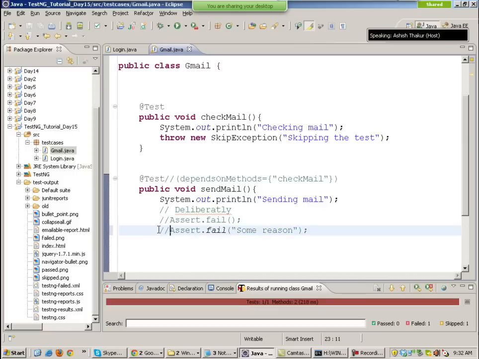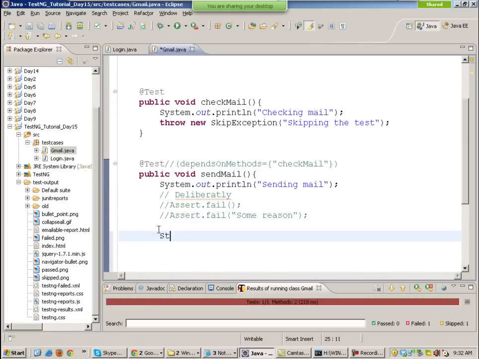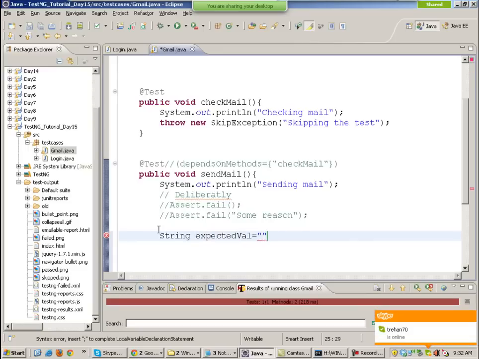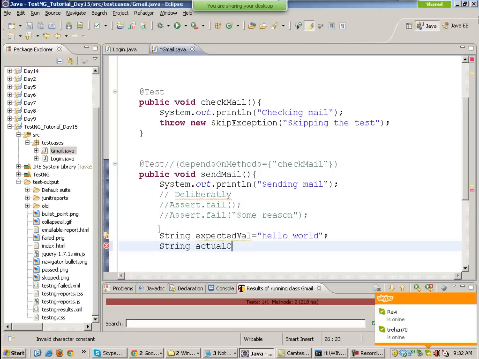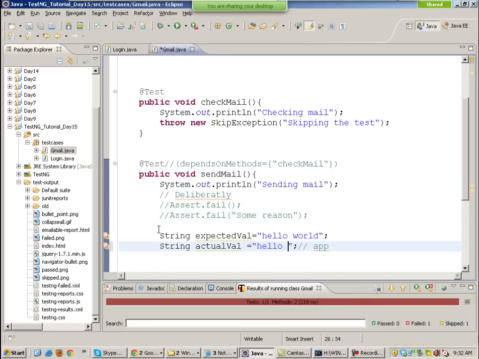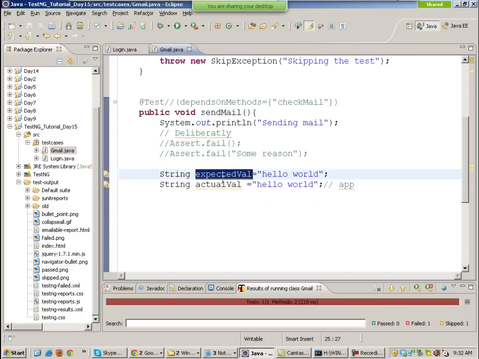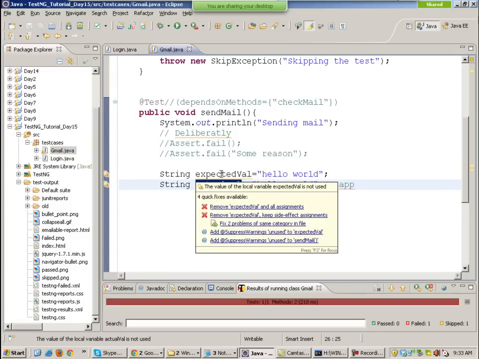Sometimes you would like to match certain values. Suppose you have an expected value and you have the actual value. Where will you get the actual value from? You'll get the actual value from Selenium, from the application. But right now I am just writing it over here. And I want to compare this expected value with the actual value and fail the test case if both of them